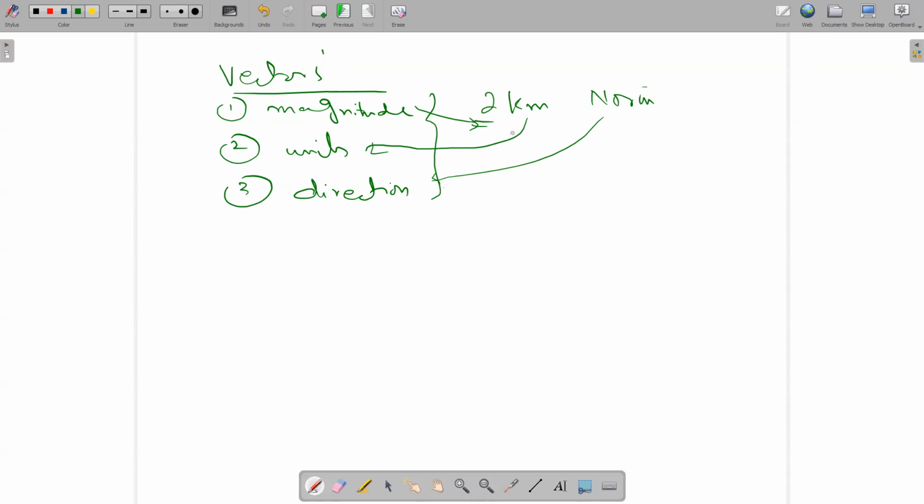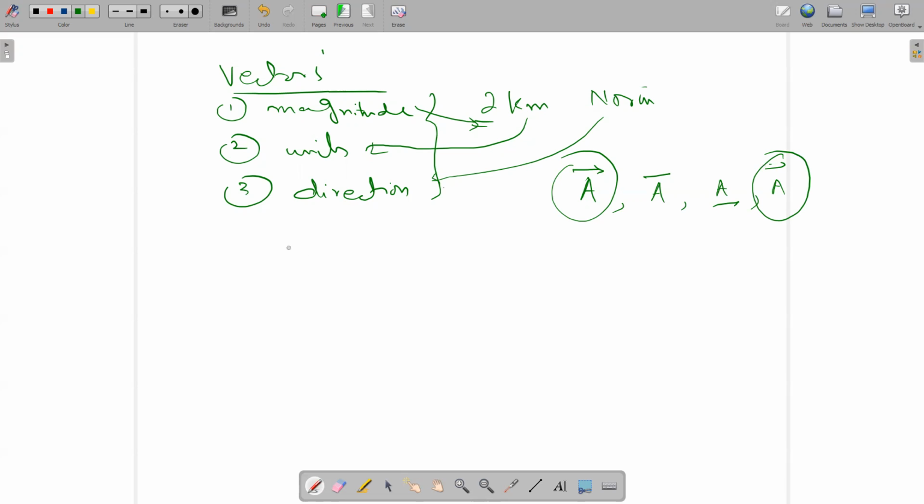So I can write the vectors like this, but here in our case, in general form, if I am saying that A is a vector, then we will put here an arrowhead. Sometimes in some books it is written like this one, in some books like this one or like this one. Okay. But you can write like this one or this one. It's okay. So vectors are physical quantities which have magnitude, units, and direction.